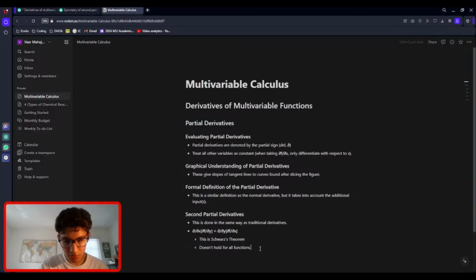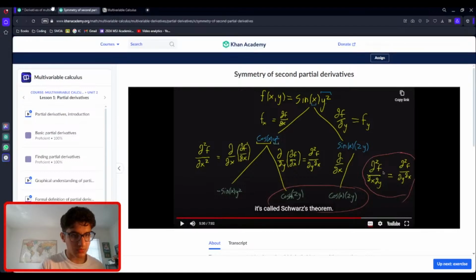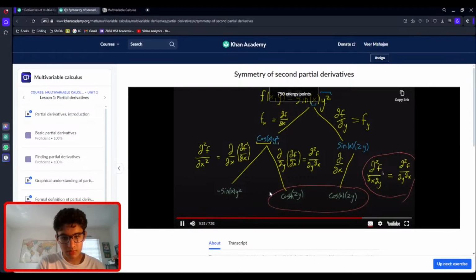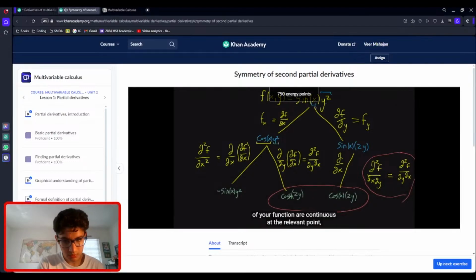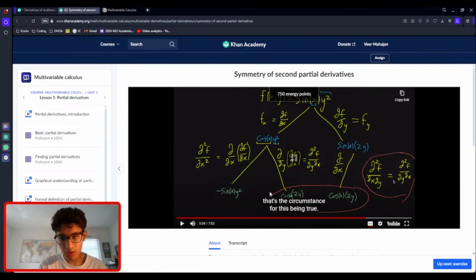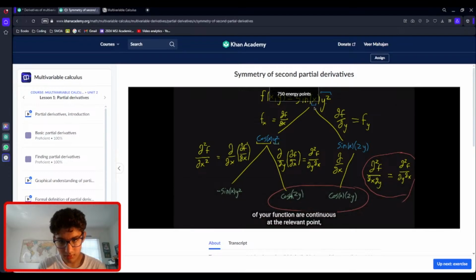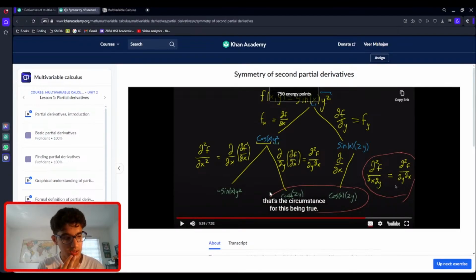Doesn't hold for all functions. I think that's enough to know for now. Schwarz's theorem, where if the second partial derivatives of your function are continuous at the relevant point, that's the circumstance. If the second partial derivatives are continuous,